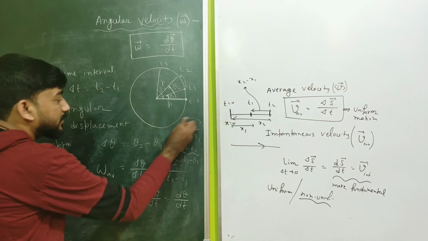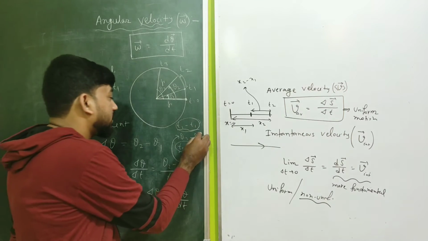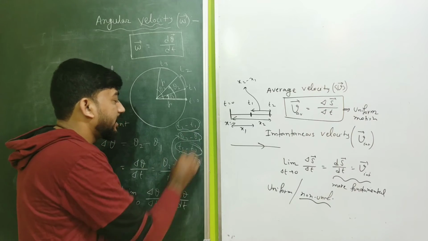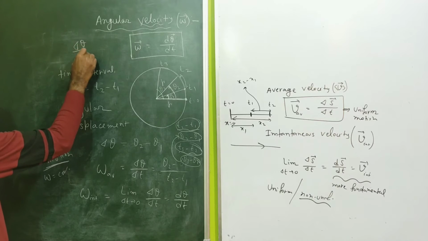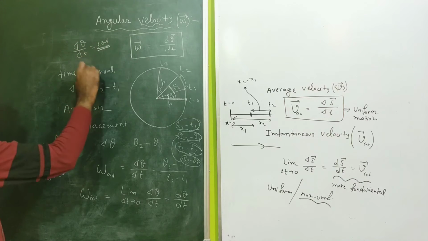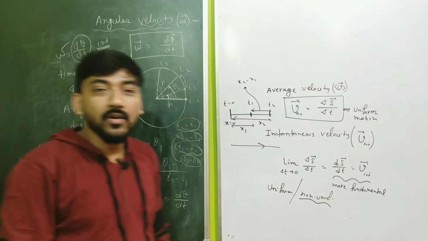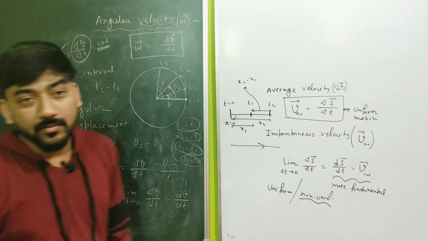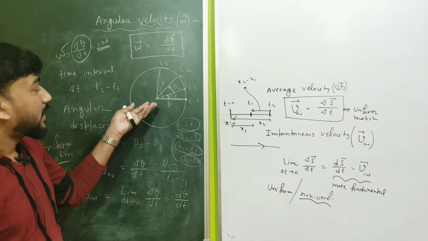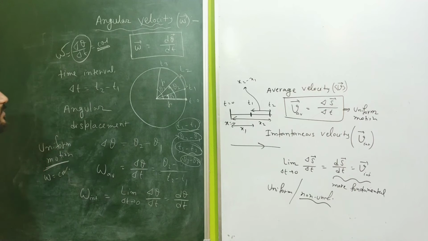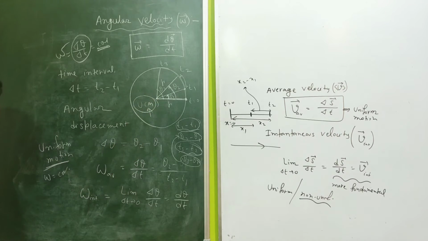So for each and every time interval, if the time interval is the same, then obviously the angular displacement will be the same. And if this is happening, then you can understand that this ratio del theta upon del t will be constant. And when this ratio is constant, that means omega is equal to constant. So in that case, we can call it uniform angular velocity, or sometimes it can be called uniform circular motion, or UCM. Okay, we can write it, and we will concentrate more on this thing, that is uniform circular motion.